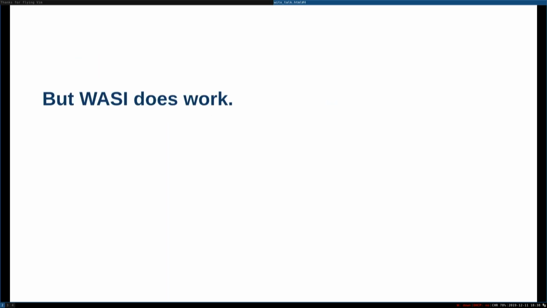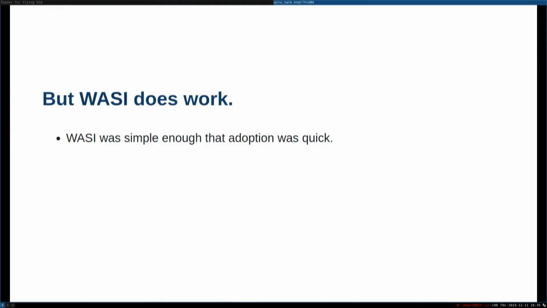The great thing about WASI is it works. Before WASI, Fastly wanted to run C programs on our runtime, so I cooked up something that was really bad and didn't work very well, but it could print hello world, but sometimes you would hit a bug, and I didn't know how to debug it, and it wasn't my job, so I just kind of left that aside. WASI is simple enough that it works, and it's simple enough that we were able to adopt it quickly.